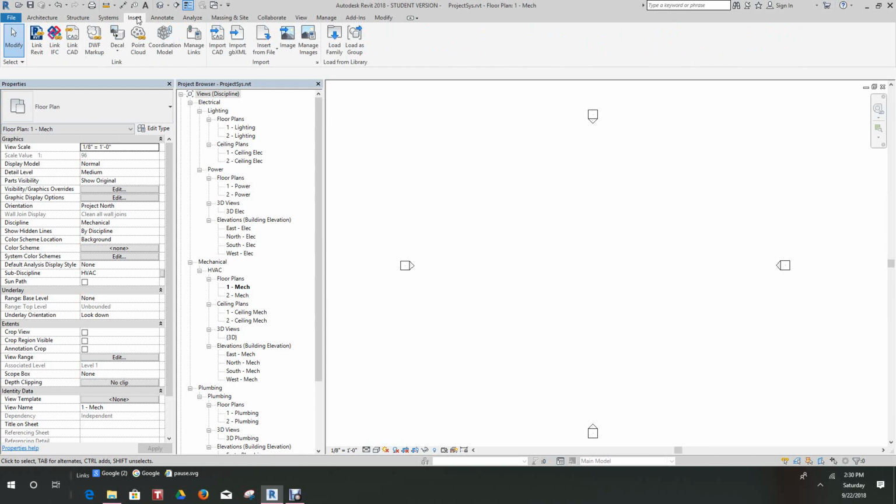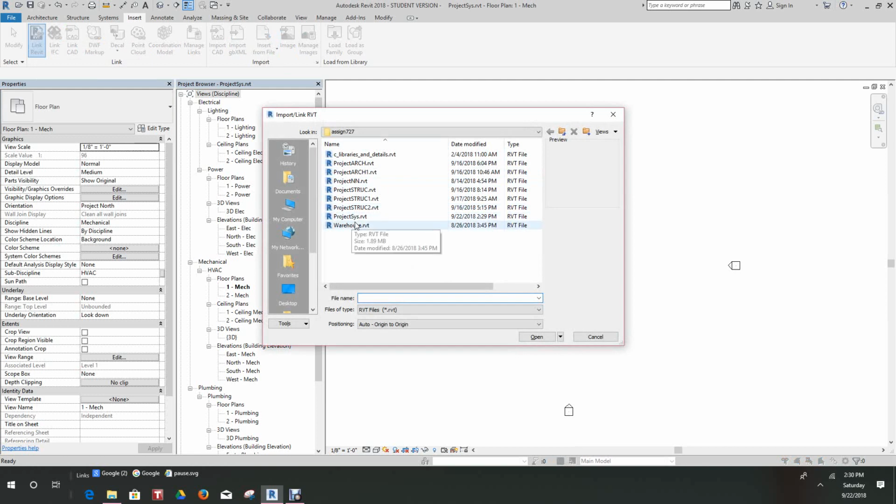We want to bring in our architectural file and our structural file. The architect has already designed that building and everything. So we like to see that building, the walls, the windows, doors, elements in the file that we just created. So what we would like to do is link in our architecture into our